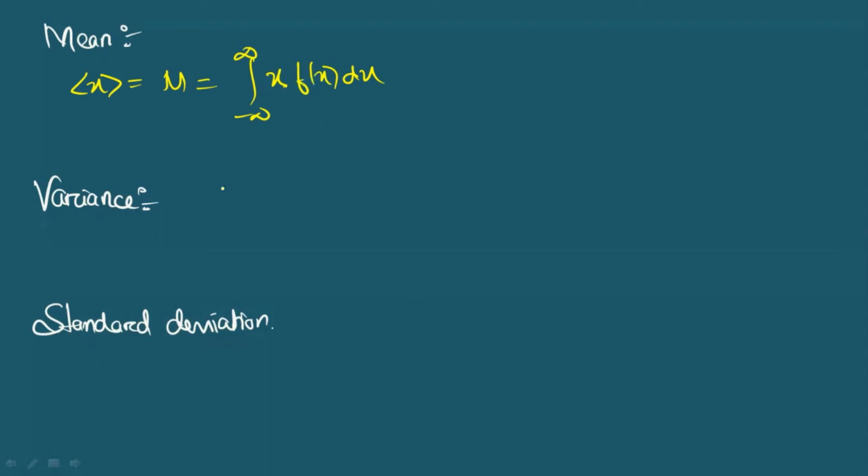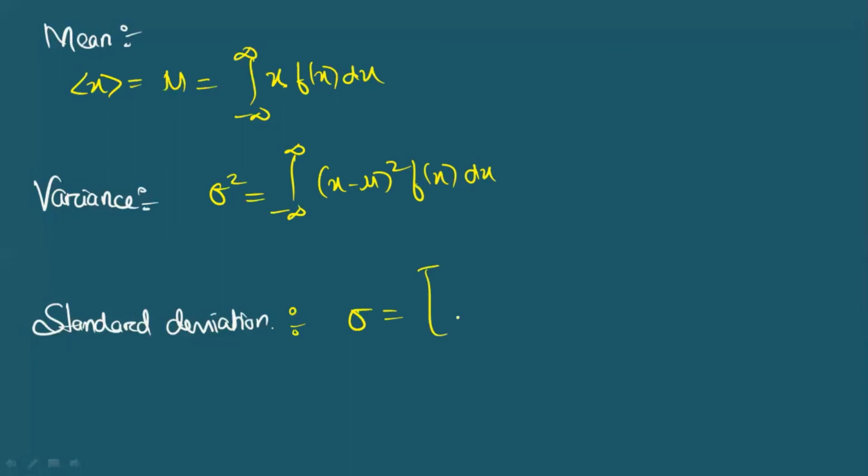All right. Next, we will write the variance. Variance is denoted by sigma square. It is the measurement of the deviation of the random variable from its mean. So you will write the integration from minus infinity to plus infinity of (x minus mu) whole square. This part is same. Here you will write f(x) dx. All right, so this is the formula for variance. Now we will see the standard deviation, the square root of this entire term. So sigma is equal to what?